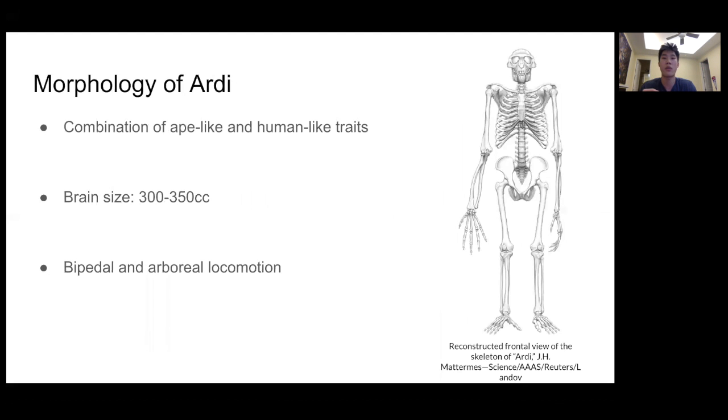Now, in terms of her morphology, Ardi combined human and ape-like traits. She had an ape-sized brain at roughly 300 to 350 cc. She had a flatter face than chimps and a pushed-out middle face. Ardi was capable of moving in trees using all 4 limbs equally by grasping branches with her opposable thumbs and big toes. However, interestingly, her skull was found at the top of her spine, which suggests an upright posture and